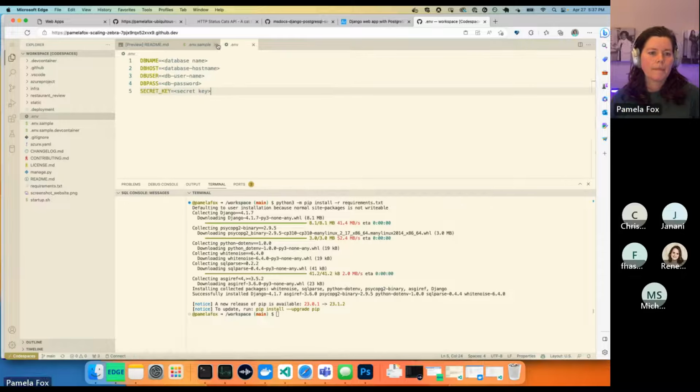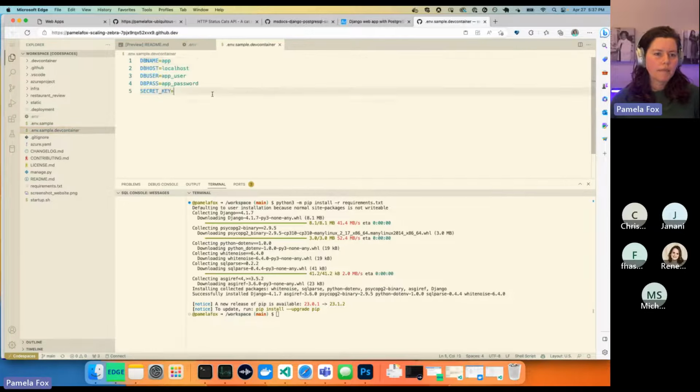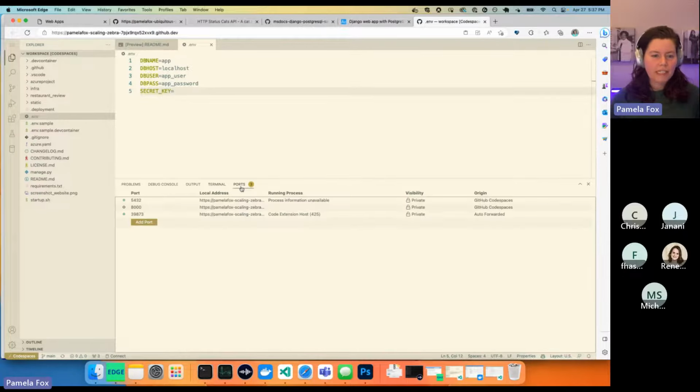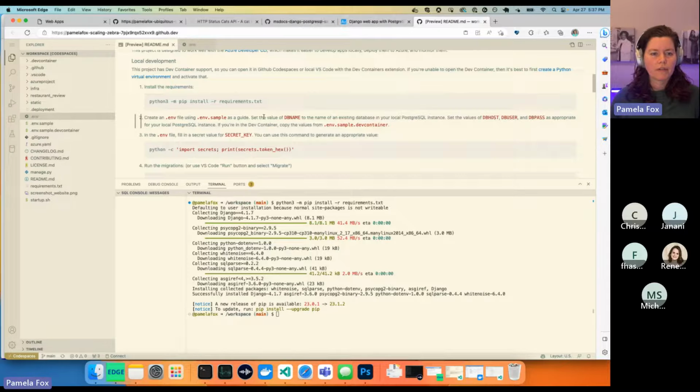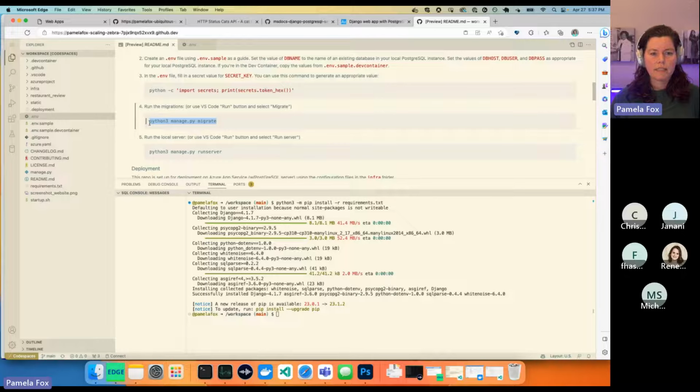I'm just going to do it based off this one. So this has everything that we need for Codespaces. Because in this codespace, I actually have a Postgres server running. This is something I love about Codespaces, is that I can run Postgres servers inside it. So you can actually see 5432, that's a Postgres server that's running. So I should be able to connect to that Postgres server from my app, all inside this codespace. It's really cool.